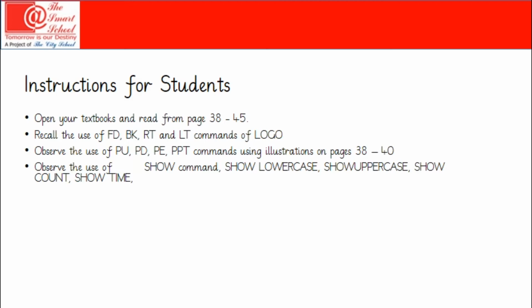Observe the use of show command with show lowercase, show uppercase, show count, show time. Observe how to use repeat command for drawing polygons, circles, and semicircles.